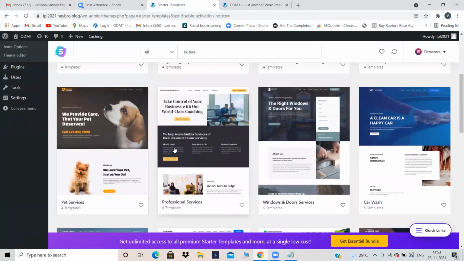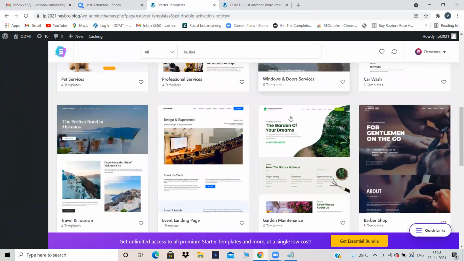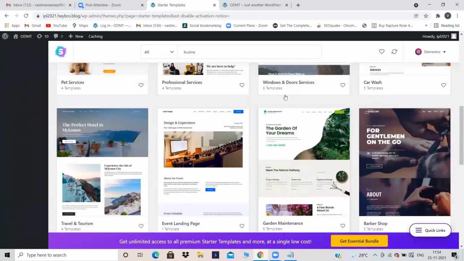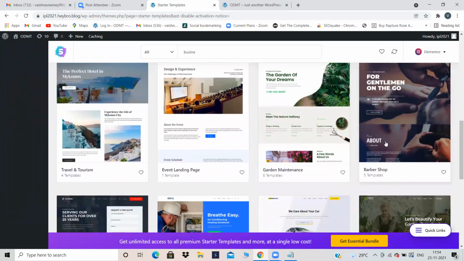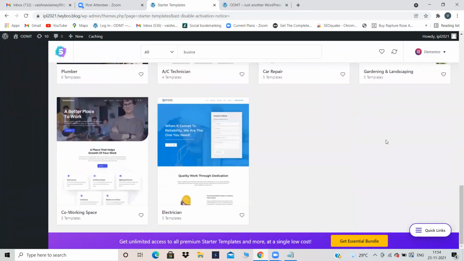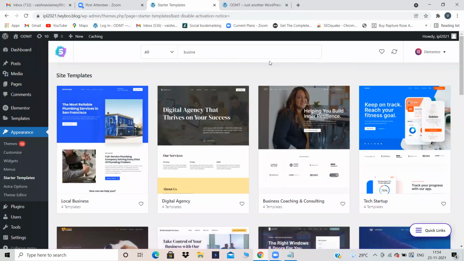If you're providing some services, you can use this one. Windows and door services, you can use this one. Garden maintenance, if your website is about gardens and all, then you can use this one. Barber shop, you can use this one. So many n number of themes are there. Just enter your niche over here, then you will be able to see your themes over here.